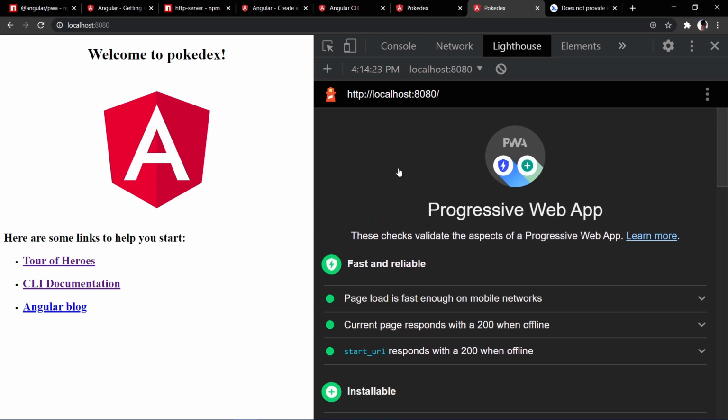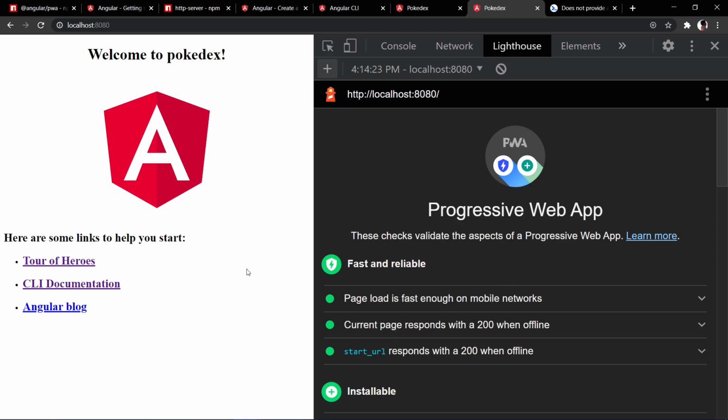Before that, we have to host this application somewhere so that you'll be able to access it. But before doing that, let's try to see the offline mode, and how the offline mode works in a real life application. We'll build an application which will get you random Pokemon details whenever you click on a specific button. We'll also try to show a specific message whenever your application goes offline or there is no network connection. That is what we plan to achieve in the next section of the video.